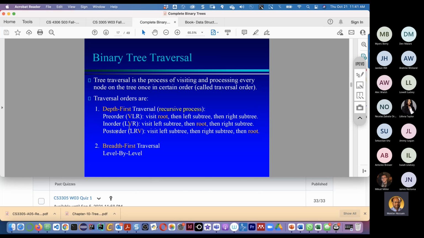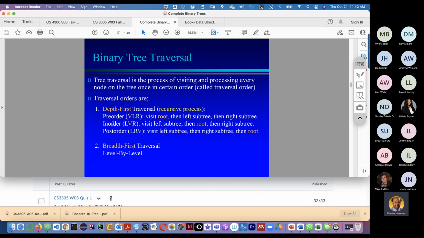Or traversing. On a binary search tree, there are mainly two kinds of traversal, right? One is breadth first search, level by level, and another is depth first search. That is 3 kinds. Pre-order means the root or vertex is covered first, then left child, then right child.